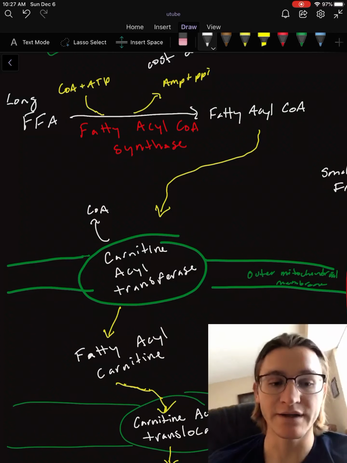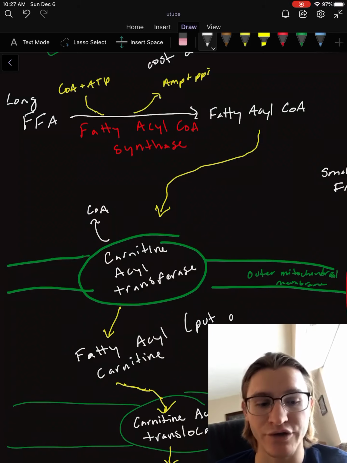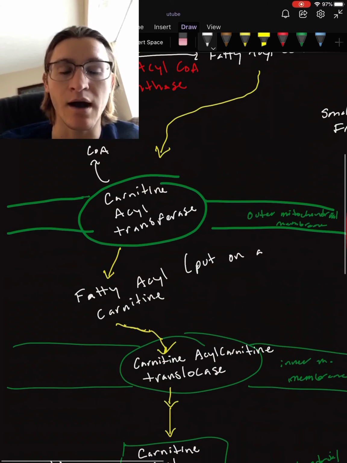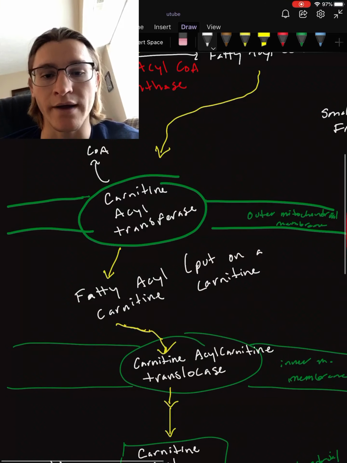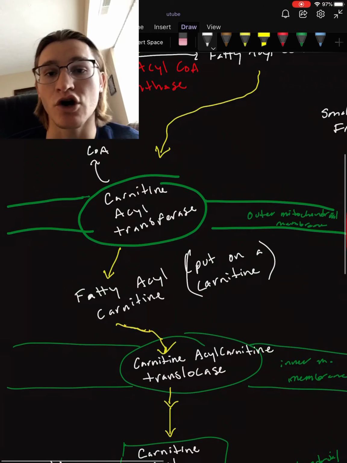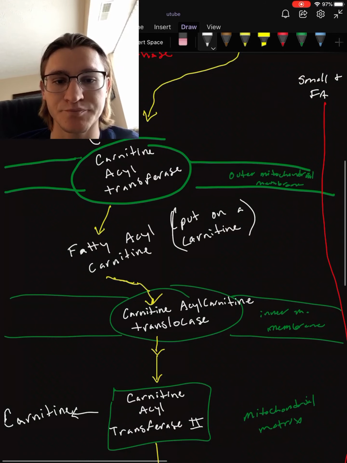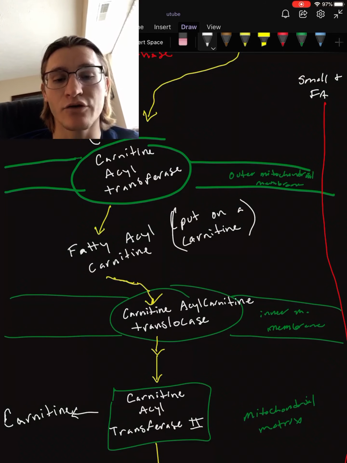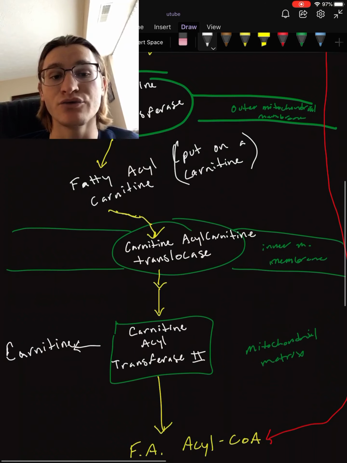Then we're going to get to our outer mitochondrial membrane, which is where it will go through the carnitine acyl transferase, where we add a carnitine onto our fatty acyl-CoA. So now it's going to be fatty acyl carnitine, and in this step we lose our coenzyme A. Now we're going to go through the carnitine acyl carnitine translocase, which is going to get us through the inner